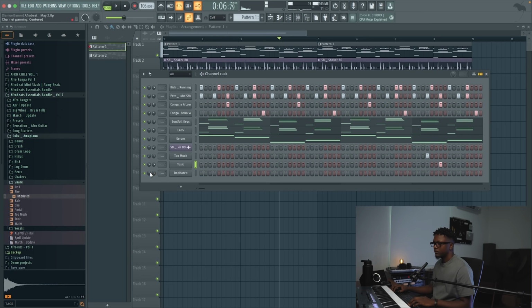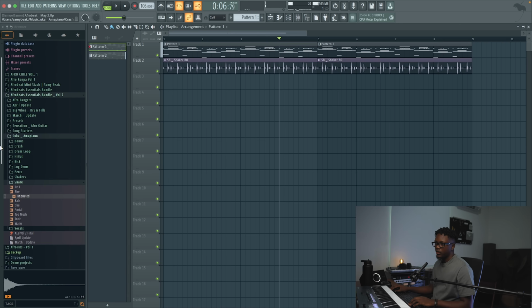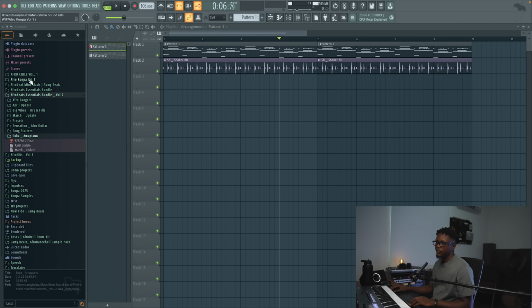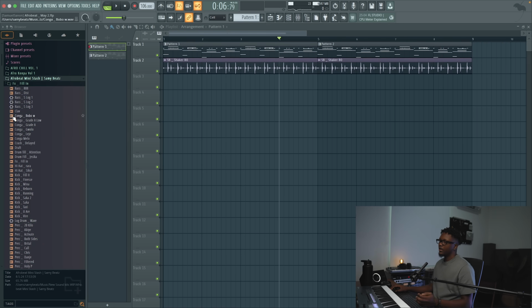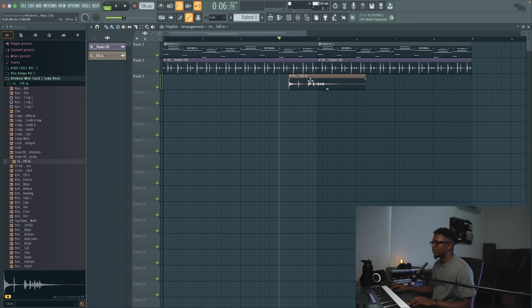And then we add it with this one. Add this right there from the Afrobeat mini stash. Sorry, we add this drum fill. We combine them together, and then